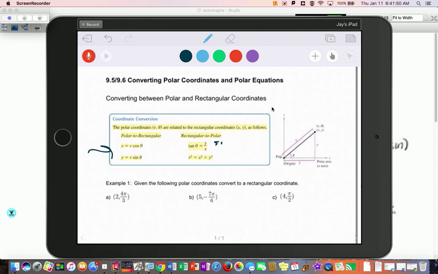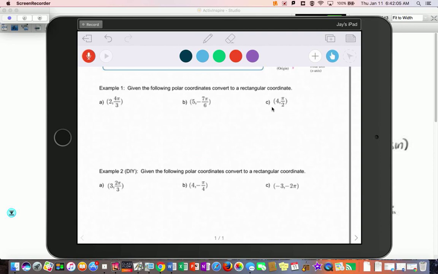Tangent is still sine over cosine. And R squared equals X squared plus Y squared. That simply would be the Pythagorean theorem of that triangle. So to convert these,